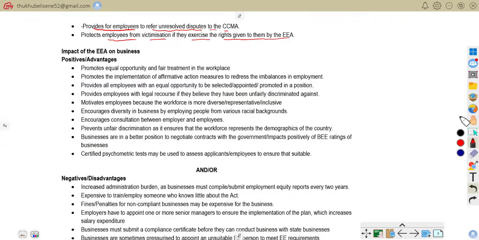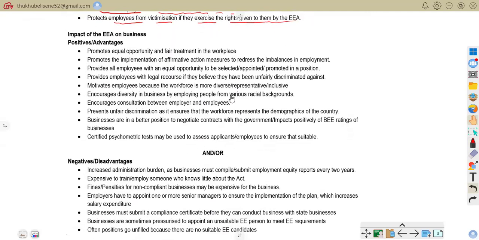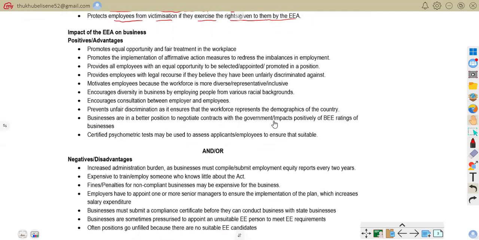So now let's quickly go to the impact of the Employment Equity Act. We're going to start with the advantages or positives. As it says, promote equal opportunity and fair treatment in the workplace. Meaning to say it ensures fairness in hiring,